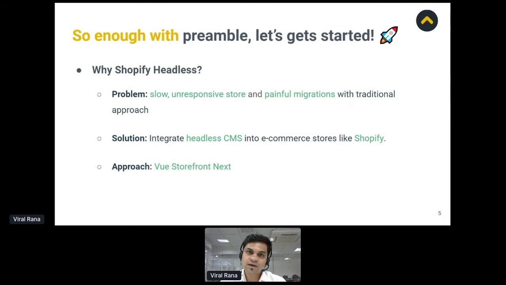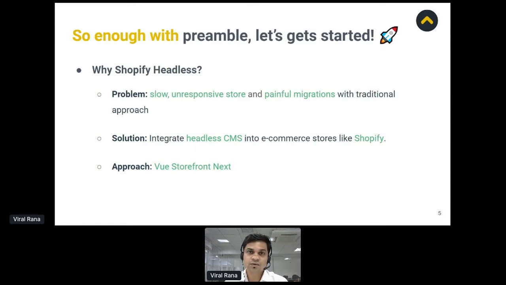In traditional web development, front end and back end are tightly coupled, which results in a slow, unresponsive store and painful migrations. By painful migrations, I mean that if for some reason you want to migrate from one platform to another, of course because of better maintenance, better performance and lower cost, then what is the solution?